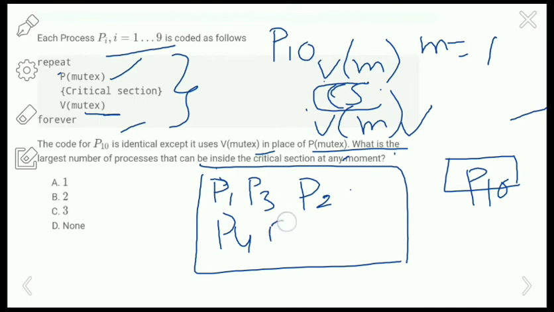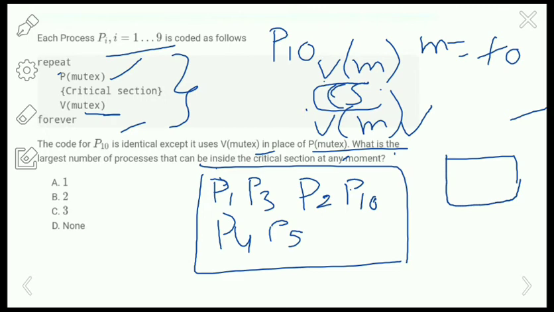So P5 will execute and it will enter the critical section by making the m value 0. Now the m value is 0 and P10 will enter the critical section. So it will wake up the blocked process and P10 will enter the critical section here.